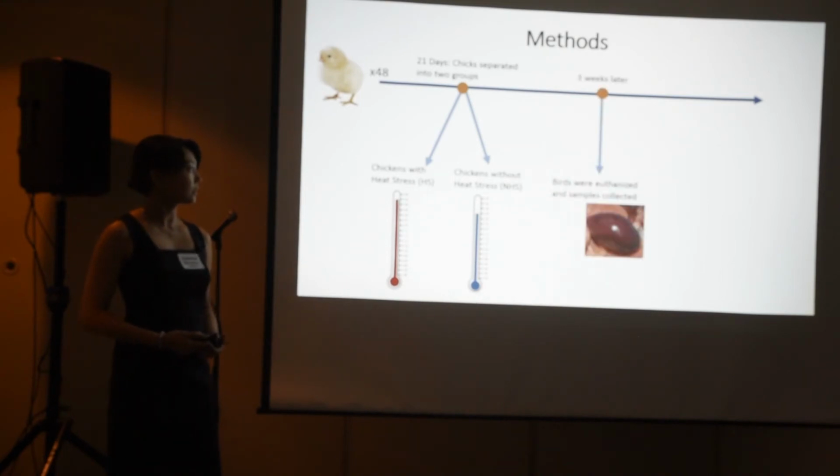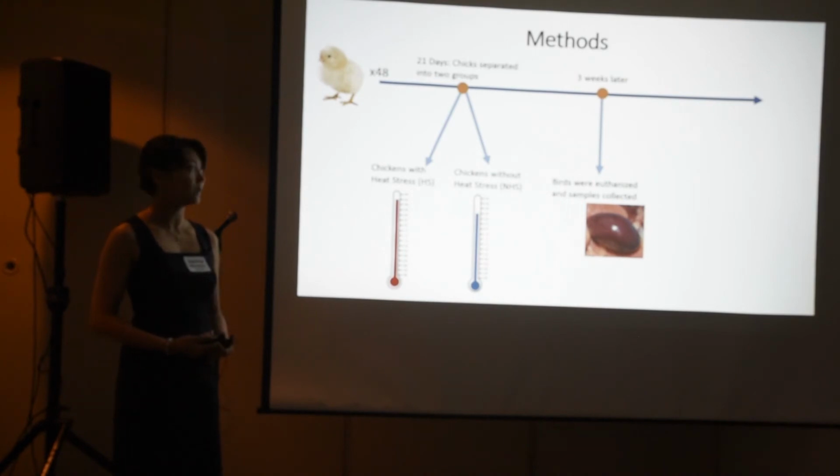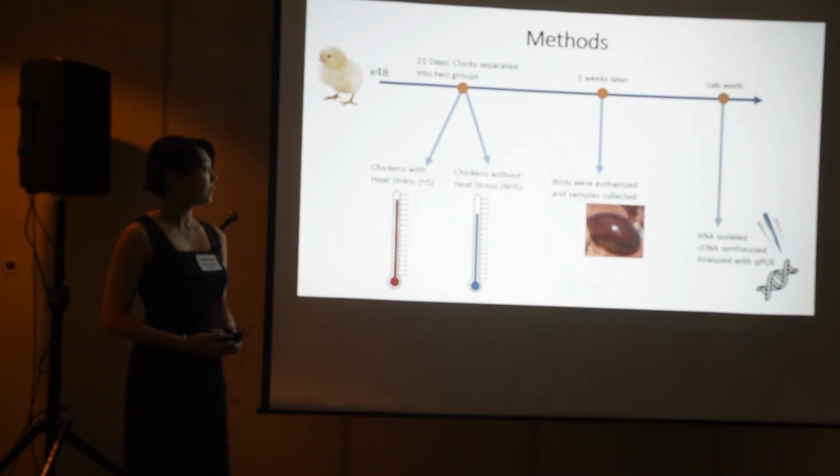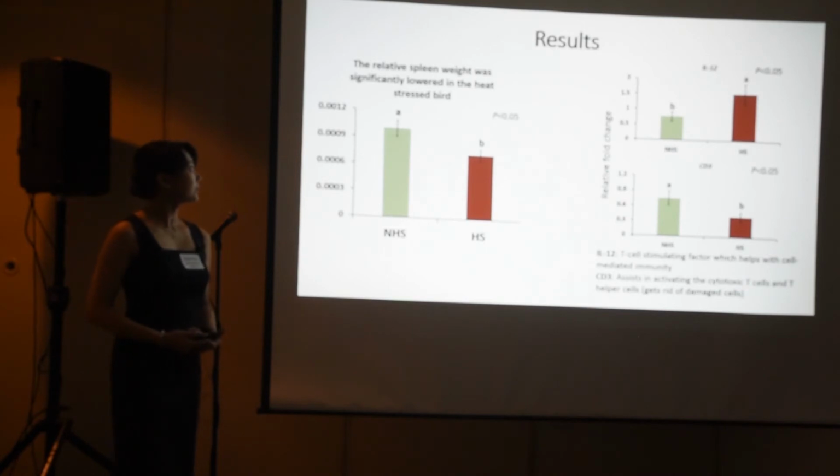After 3 weeks, the birds were then euthanized, our samples were collected, all of the weights and the relative weights were taken, and we were able to do our calculations. And certain samples were snap frozen for us to do our lab work later. For our lab work, we isolated our RNA with TRIzol, we synthesized our cDNA, and we analyzed all of our results with qPCR. Here for the results on the left-hand side, you can see that the relative spleen weights in